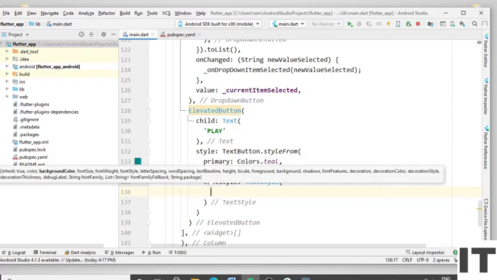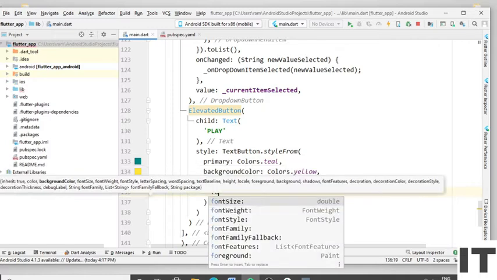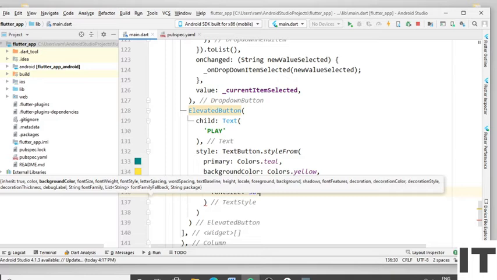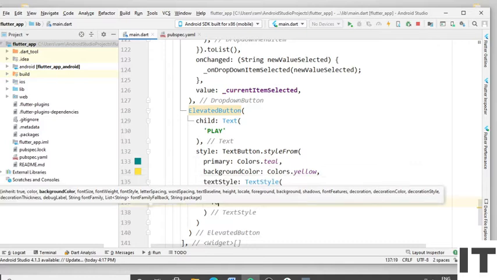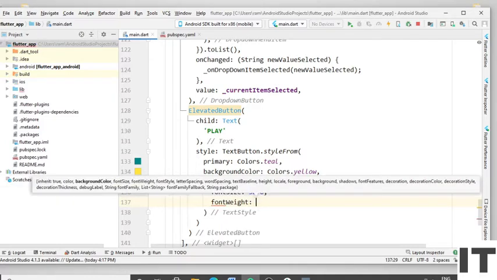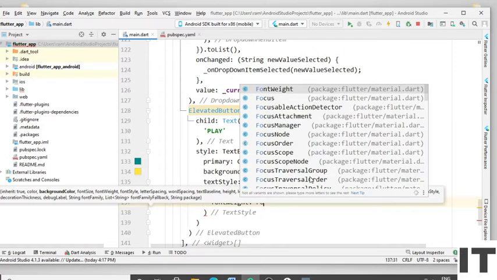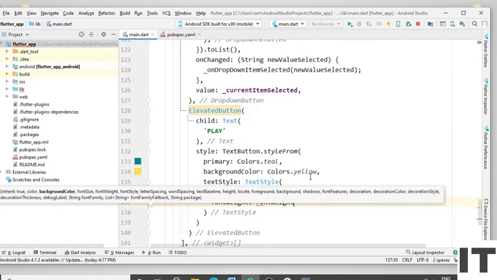Press the enter. Now type the font size. I give the 30.0. Give the comma and I also apply the font weight. Again type the font weight. I select the bold.